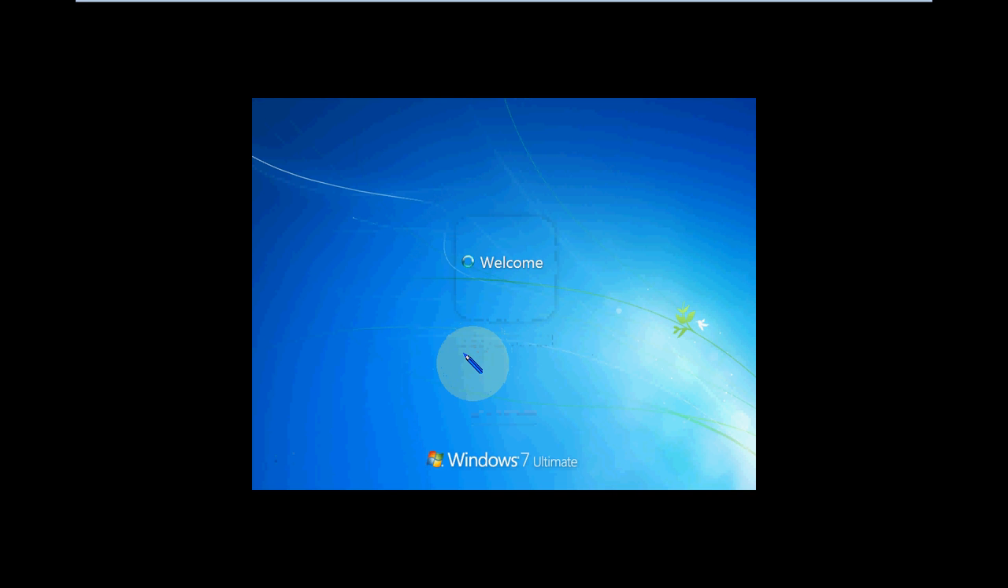So I'm not logged in. Okay, I'll just show you how to log in. I'll demonstrate here. So it will prepare my desktop first because it's the first time I'm logging into that account after its creation. Once it prepares my desktop,